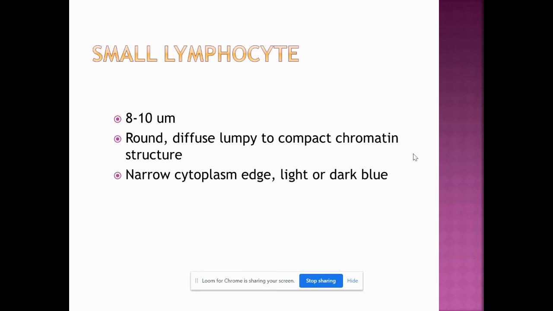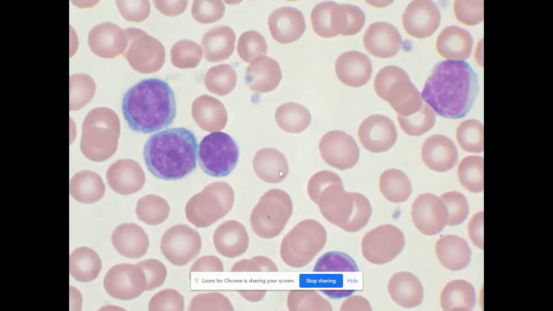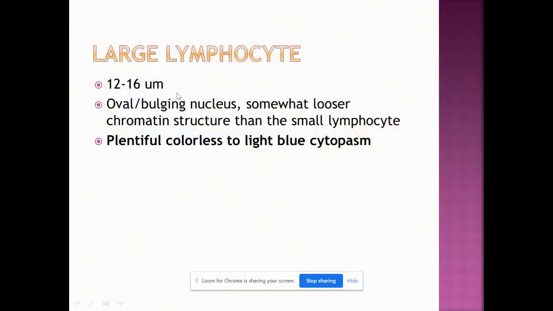However, this is your small lymphocyte. As you can see, the area of the cytoplasm is narrow. The color of the cytoplasm is blue, light blue. For the large lymphocyte, the size of a large lymphocyte is usually 12 to 16 micrometer in diameter. The nucleus is usually oval or bulging, somewhat looser chromatin structure than the small